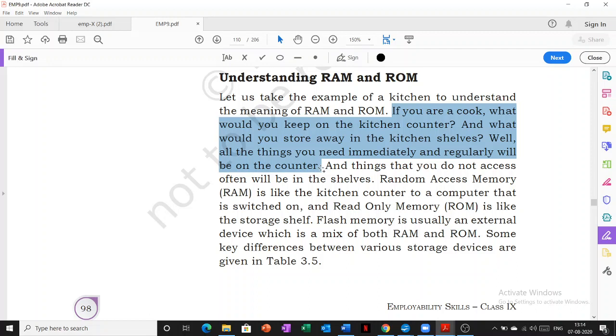You have lost the document, but did you lose your Microsoft Word software? The answer is no. Why is it a no? Because the document was stored in RAM, which is a temporary memory. But your software has been stored on ROM, that is read only memory. So RAM data gets lost, but ROM data doesn't get lost.